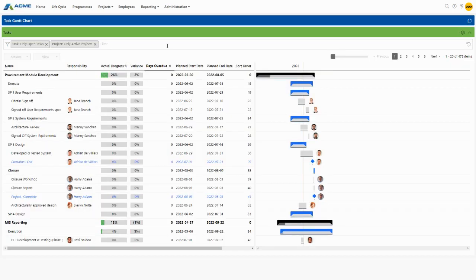This has now been changed. As you can see currently on the screen, we can now view the task Gantt chart for multiple projects. So on the screen currently, I'm displaying tasks for the procurement module development project and the MIS reporting project as well. From this view, if you want to view the task Gantt chart for a specific project, you can use